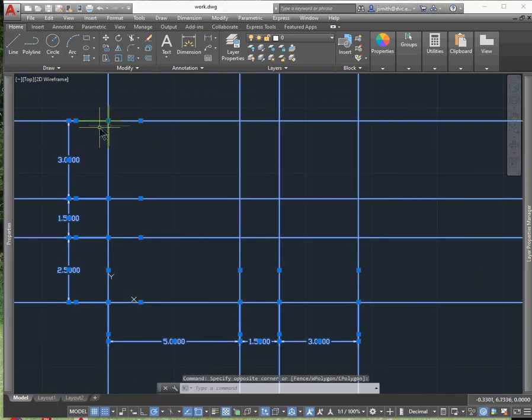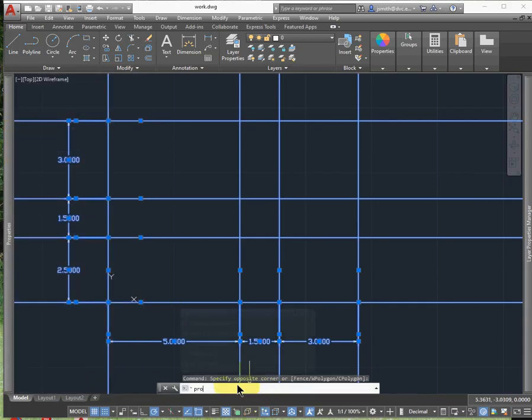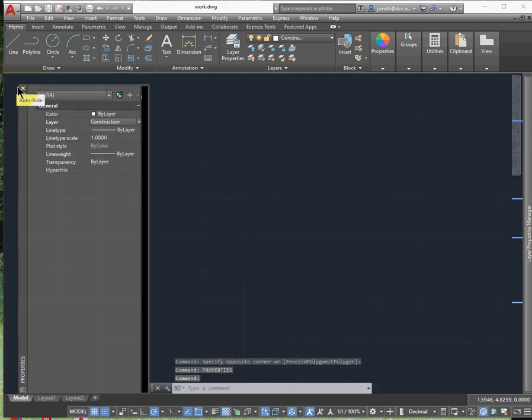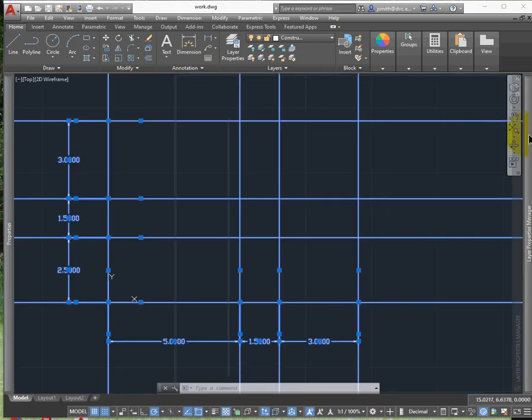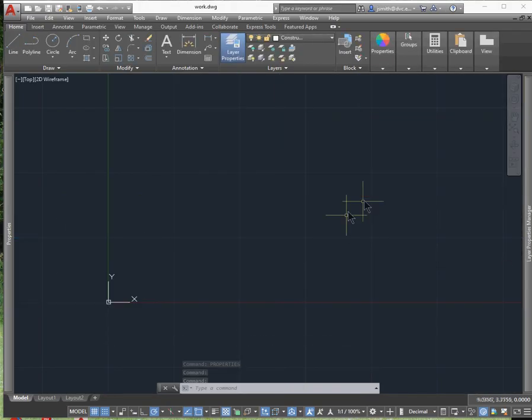All right, so what I want to do here is make sure that this is in the construction layer. So I highlighted everything, I right-clicked, or I typed in properties, and where the layers, right now it's in the 0 layer, I want to move this to the construction line. All right, if you haven't done so already. And the nice thing about that is I can always turn it off if I need to, just to verify,